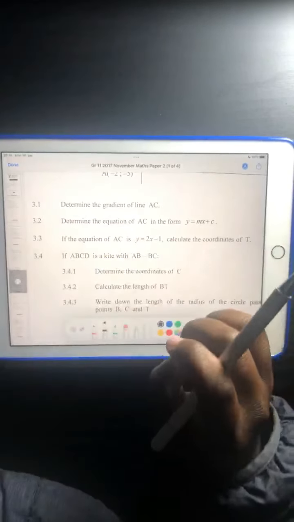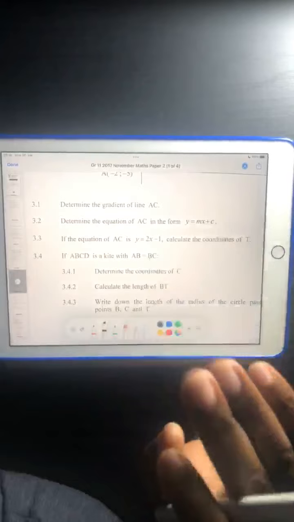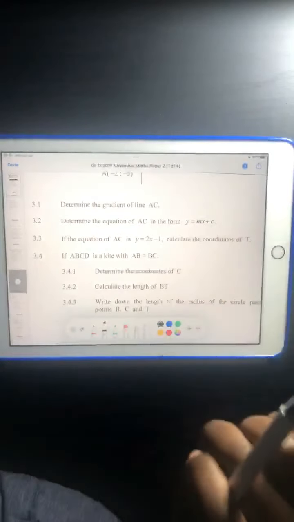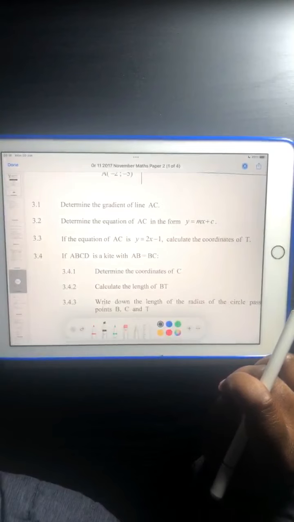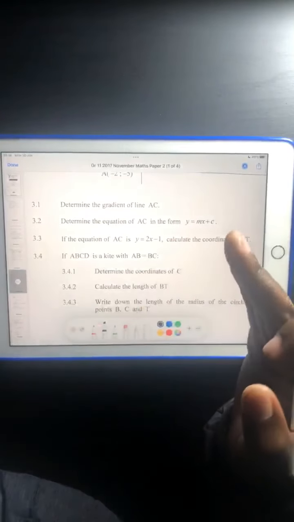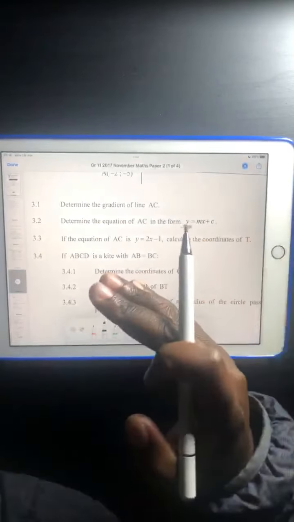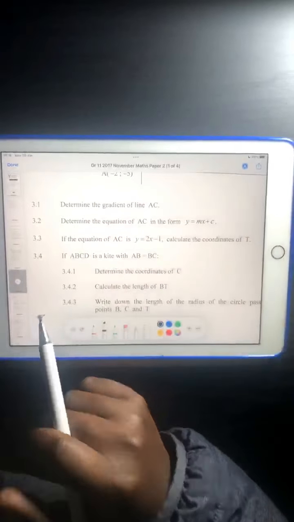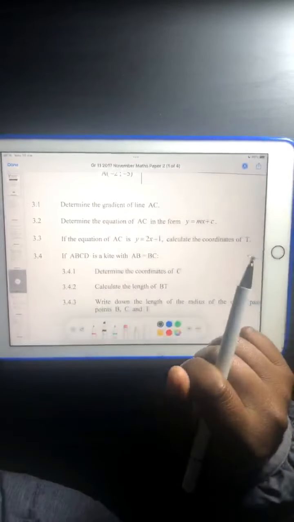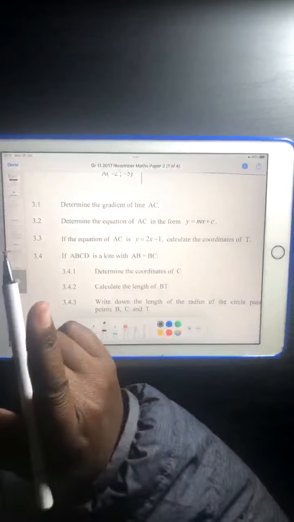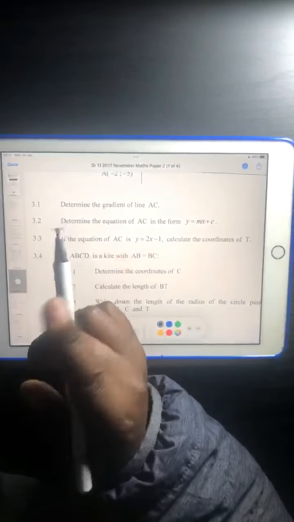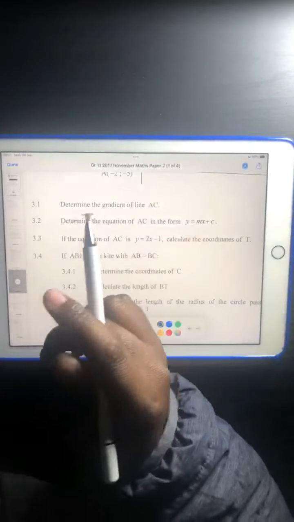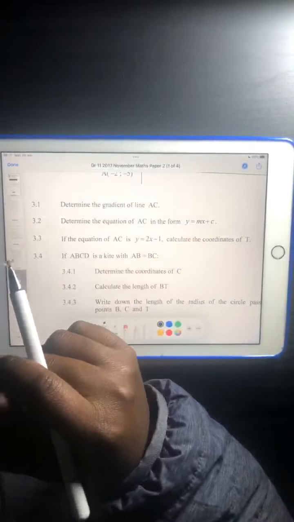Then I'm done. All that I do is just to solve exam question papers. You learn more in solving exam question papers than reading a textbook, because each year they ask the same thing but differently. So as you do more question papers, you end up realizing that in 2015 they asked these questions this way, 2016 this way, 17 this way, but they are actually asking you the same